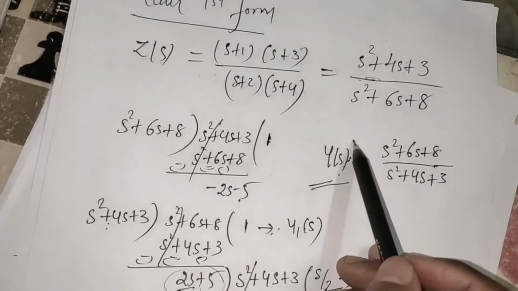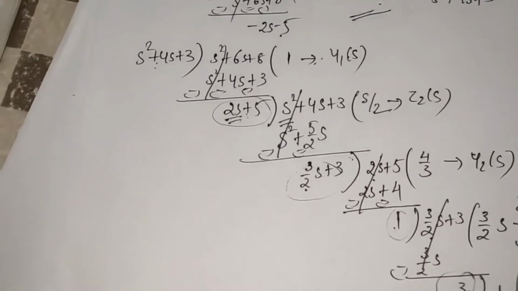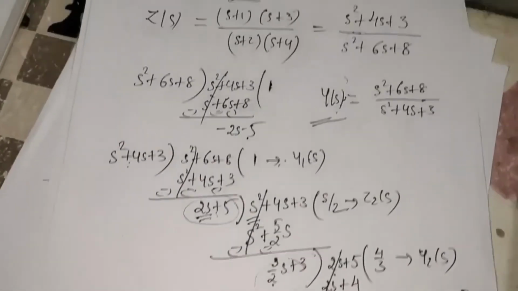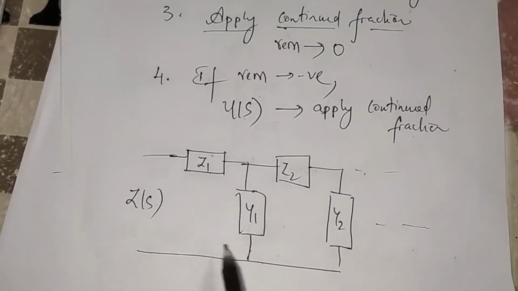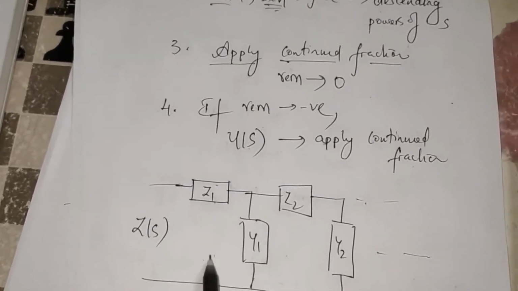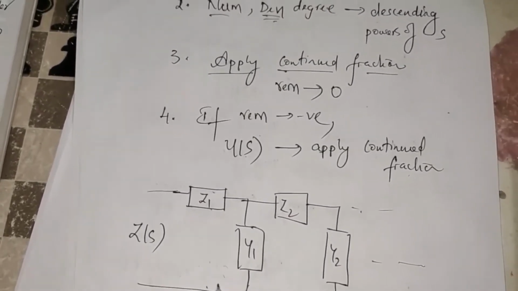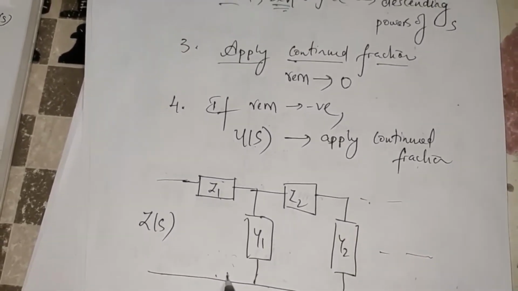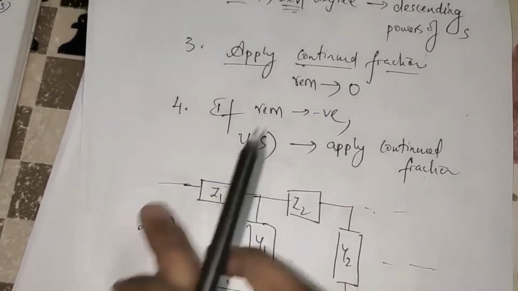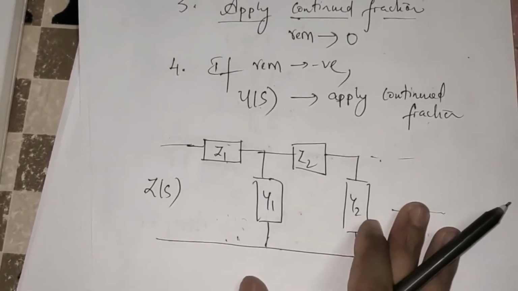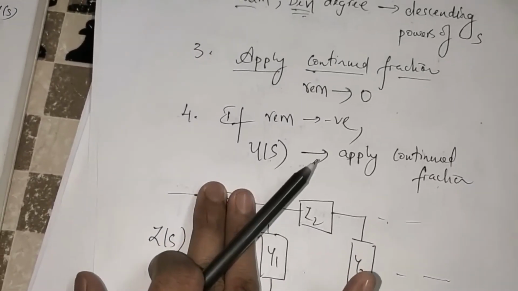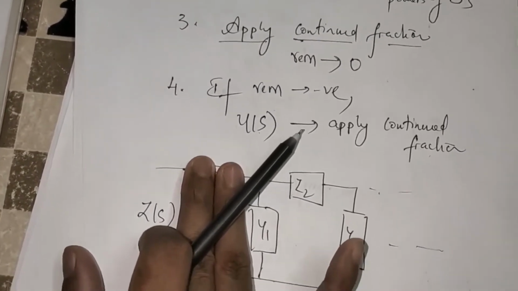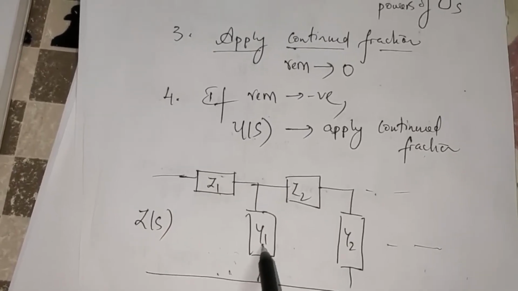So since we have considered, we know that a general representation of Cauer first form is nothing but this ladder. So as I told you earlier, if Cauer first and second form are done on impedance function, then this is the general representation. But if Cauer first and second form are done on admittance y of s, then this first term will not be present. The ladder will start from y1. So in this case,